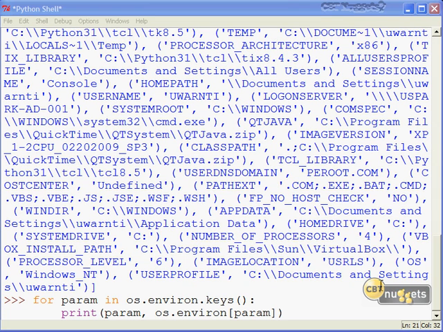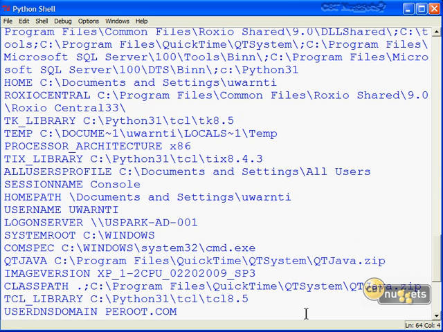One nice way to present our environment variables in a prettier way is just to use an iterator, right? To use a for loop here where we're iterating through os.environ.keys. A key is the first part of these two pairs we see in each list element, and we'll just come back printing the value of the parameter, comma, and then its value itself. You see? A little bit easier to look at, wouldn't you agree?